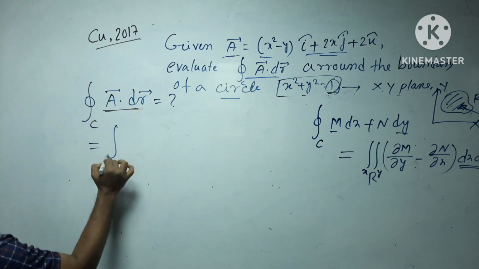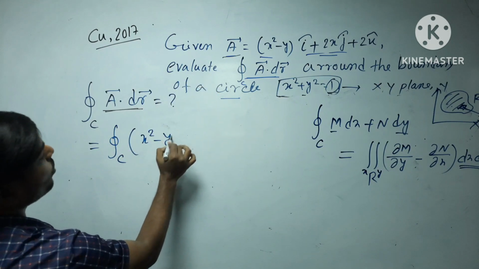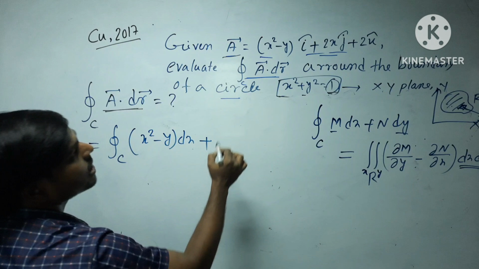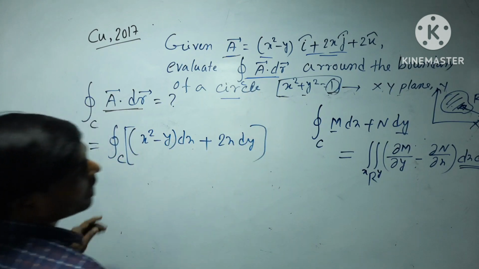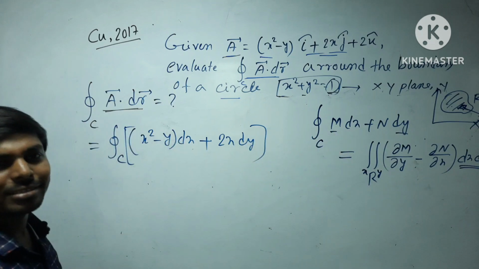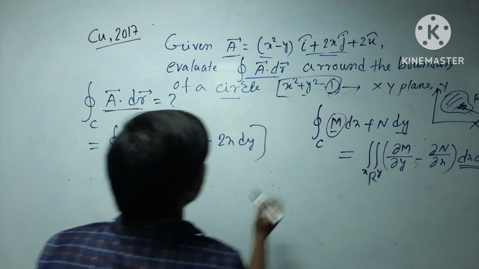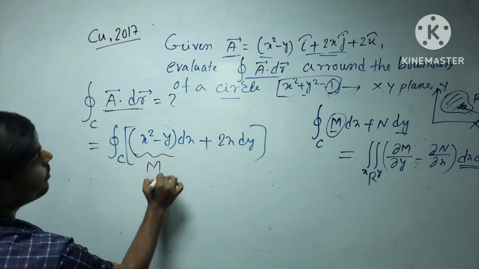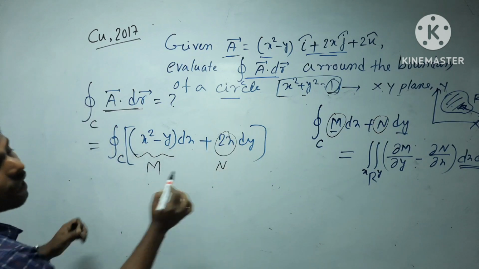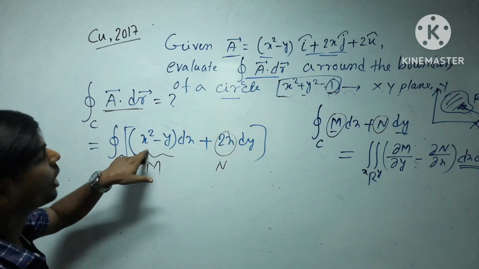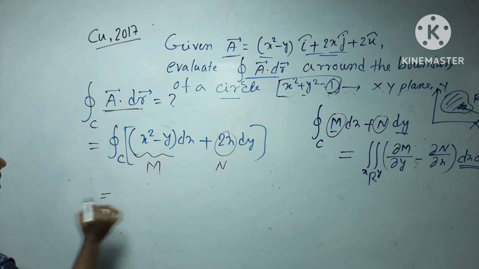So this problem is basically, see, a vector dot dr, what we have found out, it is x square minus y dx plus 2x dy. This is our problem. Is this problem similar to that one? এই দুটোর মধ্যে কোনো সিমিলারিটি দেখতে পাচ্ছ? দেখো, there is the M, we can think this is M, and there is N, we can think this is N, because M and N are also functions of x and y. এখানে x y এর ফাংশন M, এখানে N হচ্ছে x এর ফাংশন, ইটস ওকে।